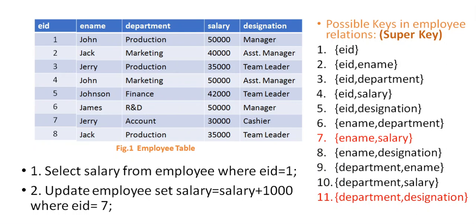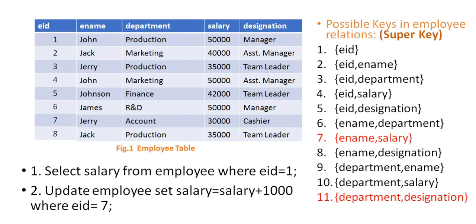Okay, so that is unique for another production. But here, if you look at any other combination, in one department we can have more than one employee working in the same designation. So look at another row, employee ID 3, Jerry, who is from the production department, who is a team leader. Again look at another combination, employee ID 8, whose name is Jack, who is again working in the production department in the same designation, that is team leader. So that's why we have production team leader, two sets with the same values.